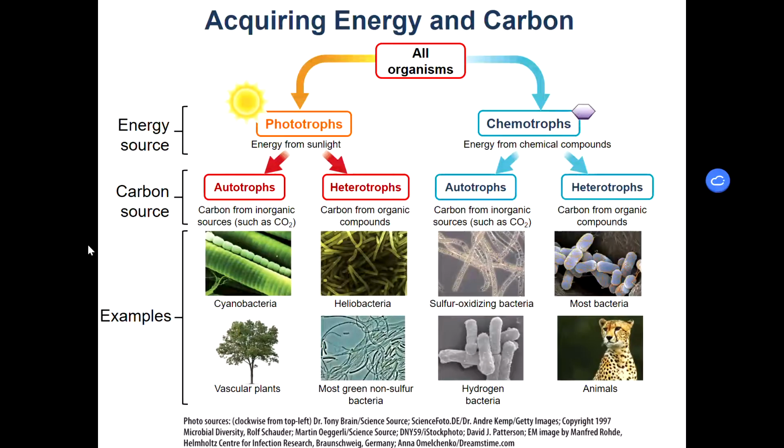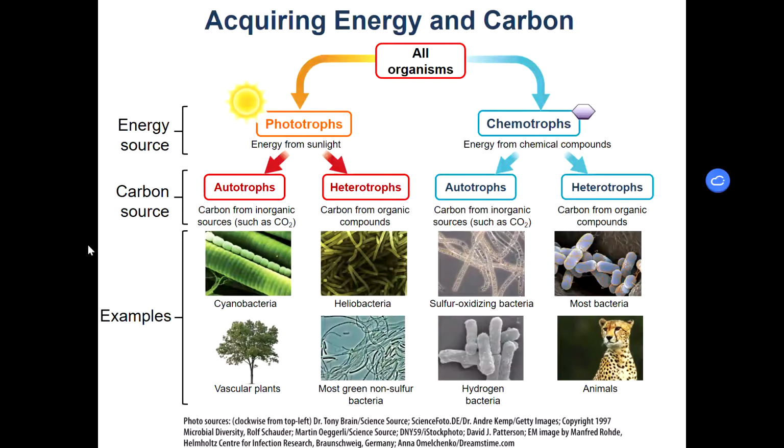If we're thinking about animals, we do not get energy from the sun. We have to get energy from chemical compounds. That's why we have to eat. So we are chemotrophs. We get our energy from chemical compounds. And just like phototrophs, chemotrophs can get carbon in two different ways. They could get it from inorganic sources or organic sources. So animals are chemoheterotrophs because we get our energy from chemical compounds and we get our carbon from organic compounds